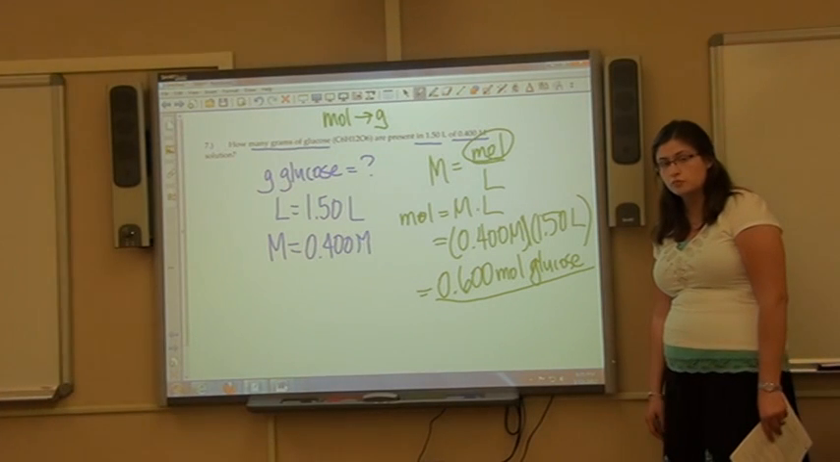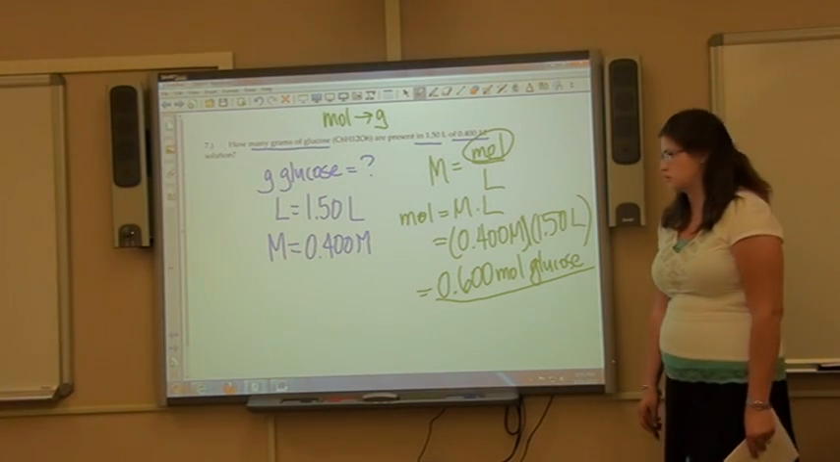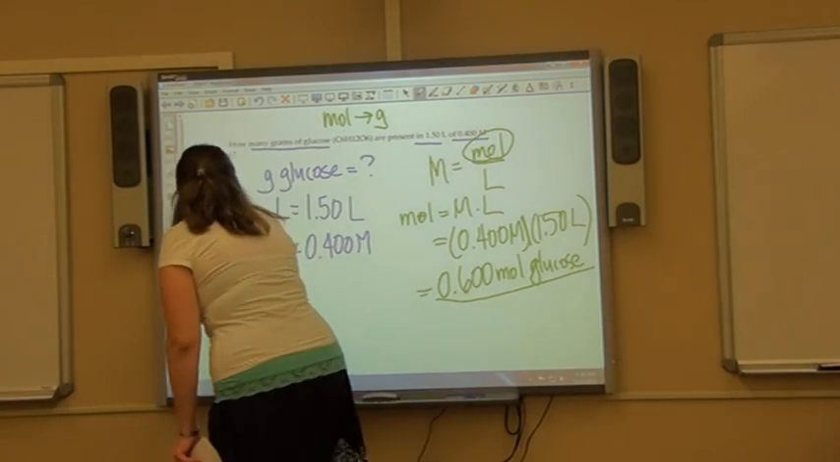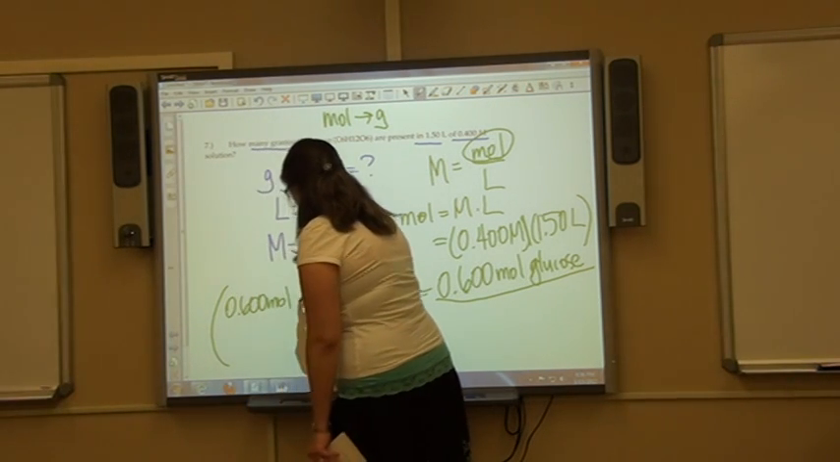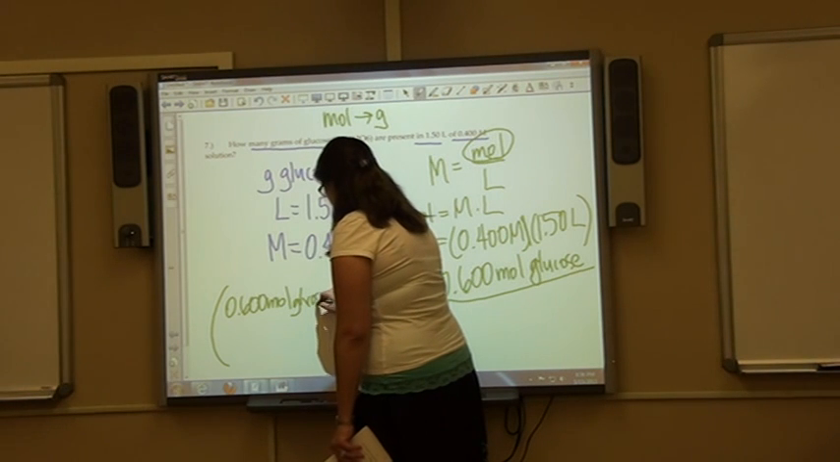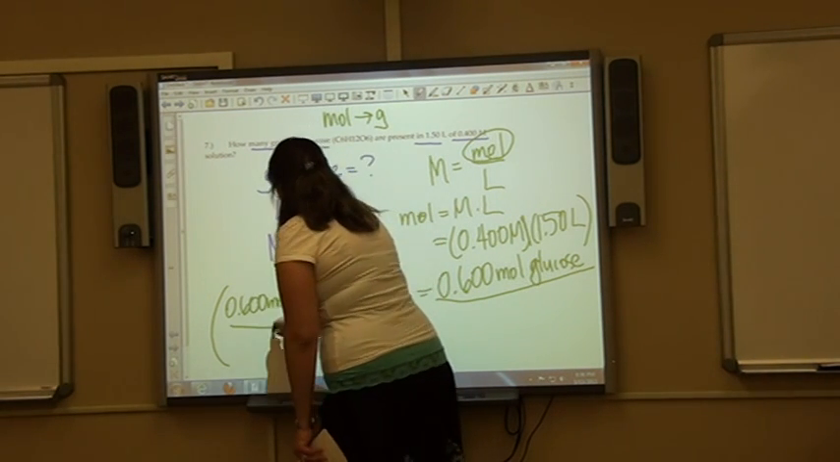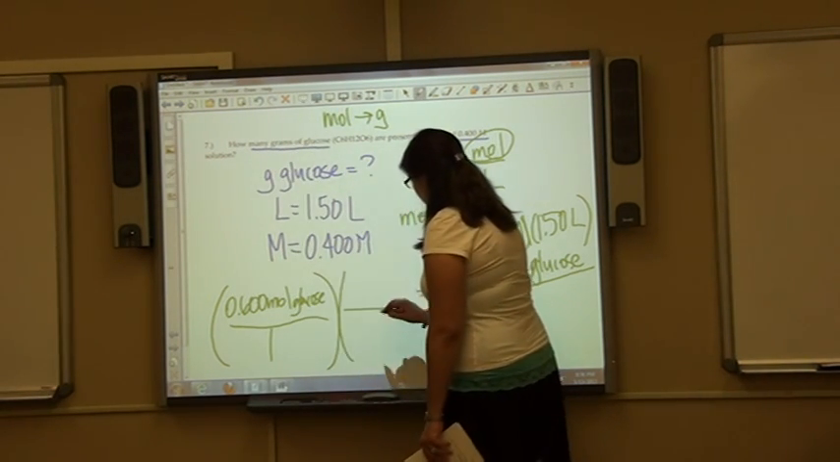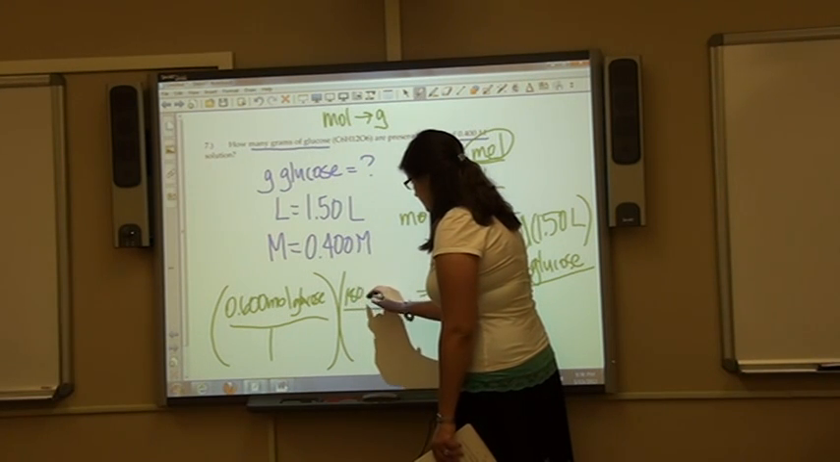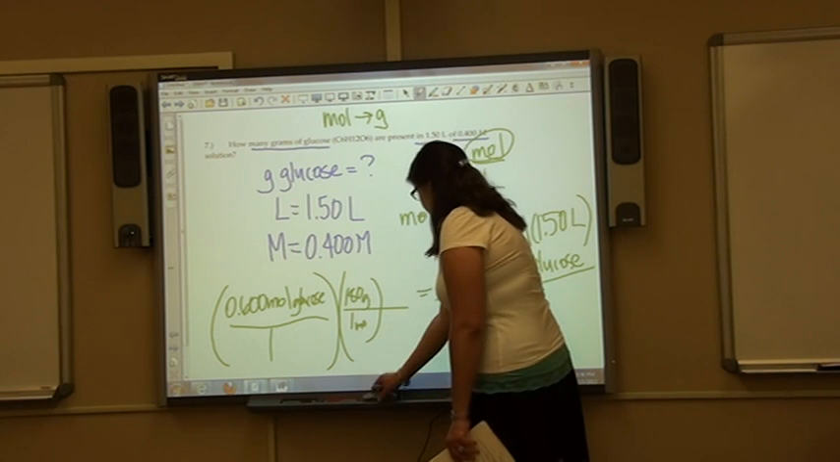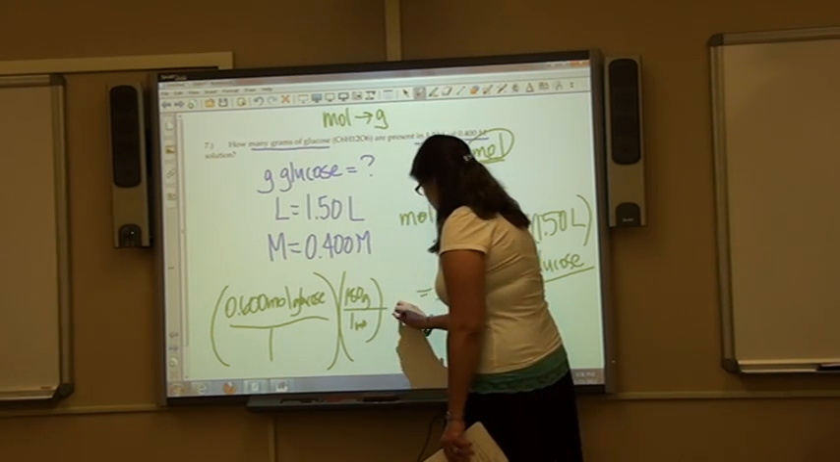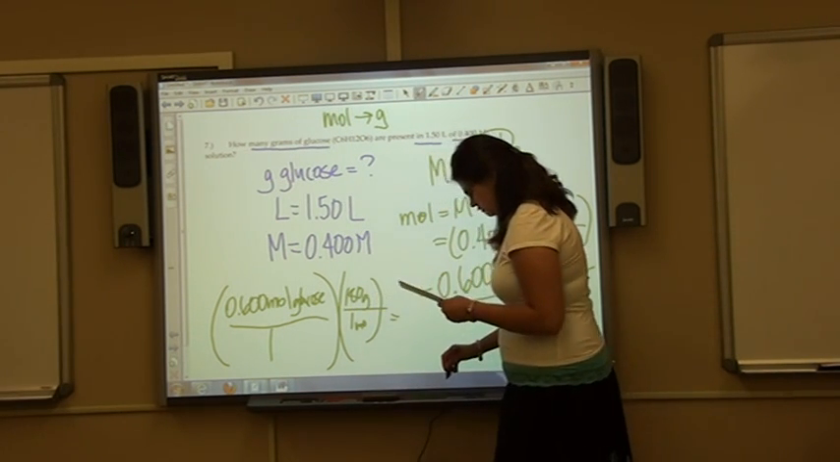So here we know a number of moles. That's not what we're looking for. So here we're just going to use our molecular weight. And just to save space, I'm just going to write 180 grams divided by 1 moles. And that equals